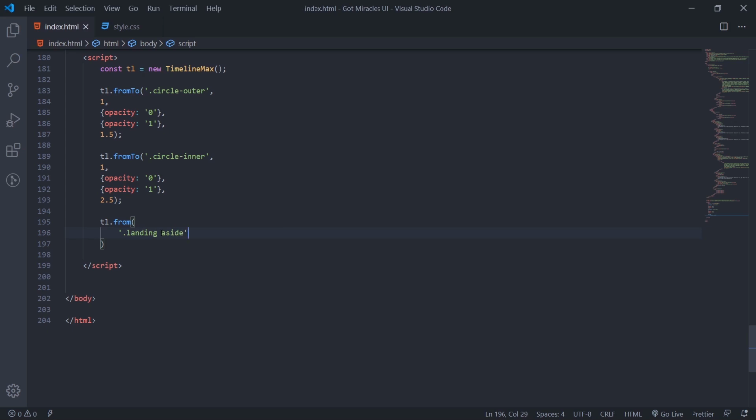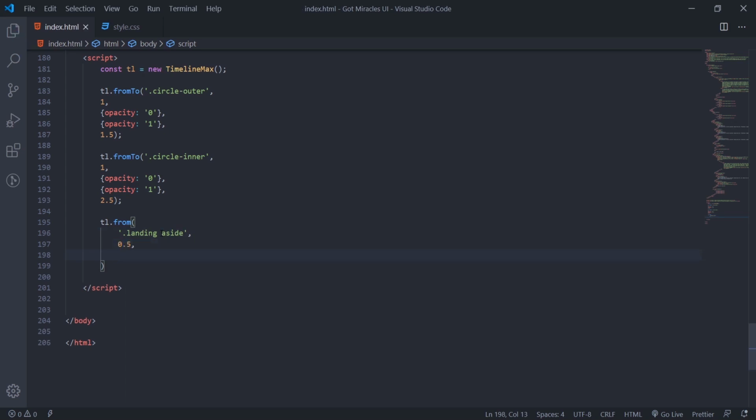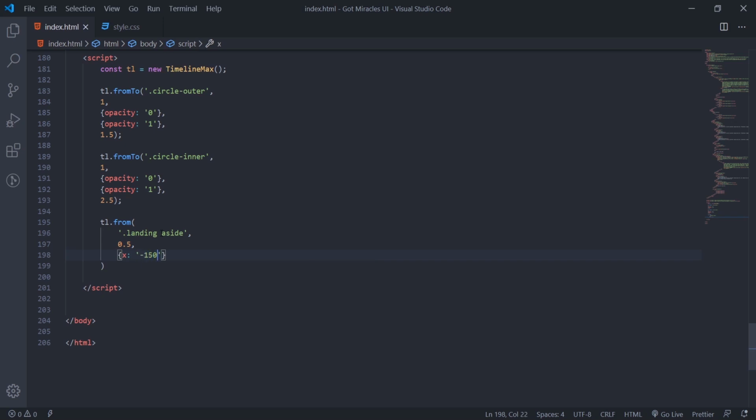Then we'll put our comma. We'll set 0.5 here, then make it come from the x-axis. We'll set x to -150, and we'll set the delay to 0.5.